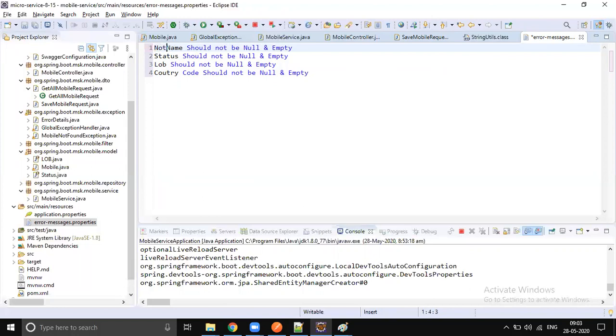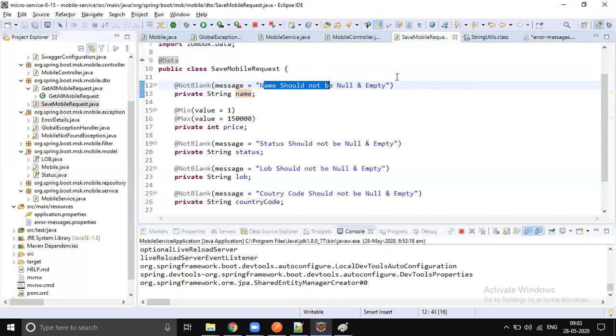So for NotBlank, for SaveMobileRequest Pojo, and for property name, if this validation fails, we will display this message.